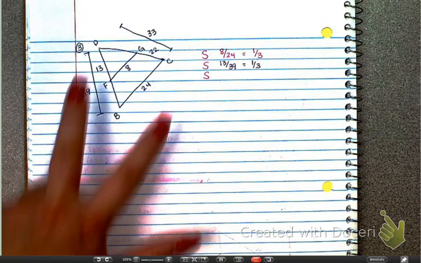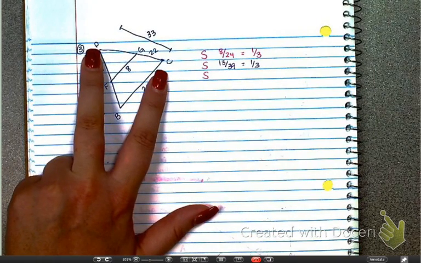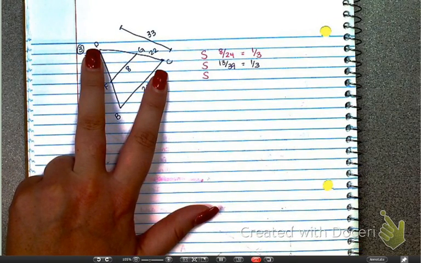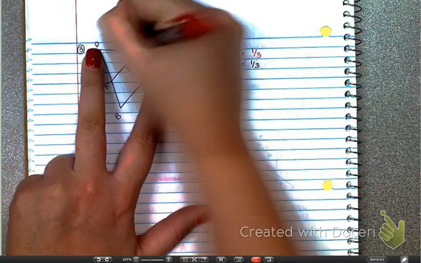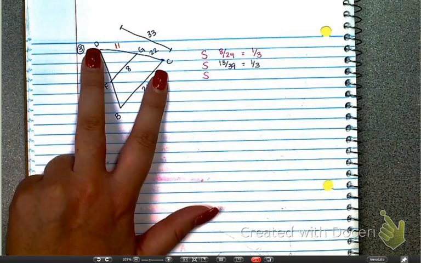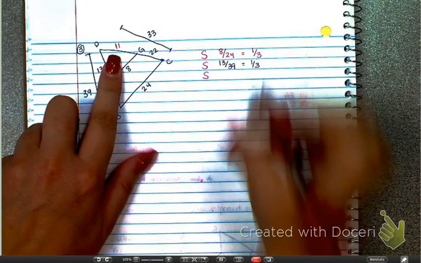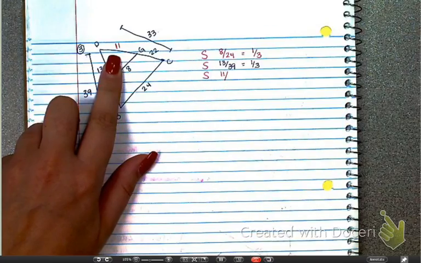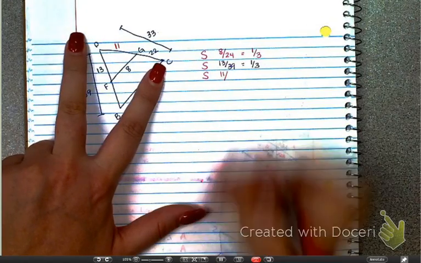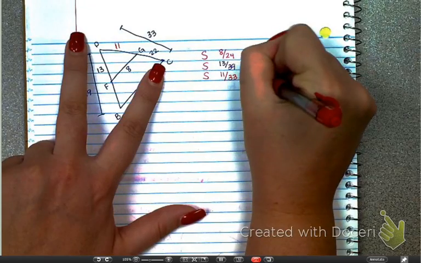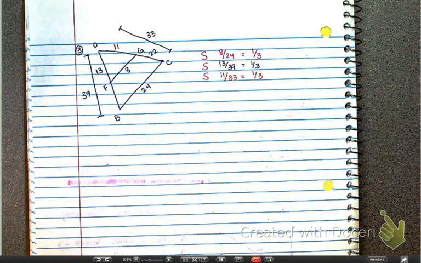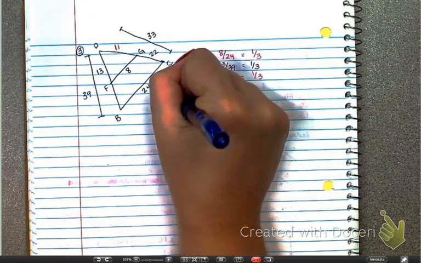Okay, so now I need to look at this side. What's my small triangle? How'd you get 11? Okay, so this piece here is 11, because 33 minus 22 gives me 11. That's my small triangle. What's my large triangle? 33, and that reduces to 1/3. Are my proportions all the same? Yes? Okay, so let's say triangle